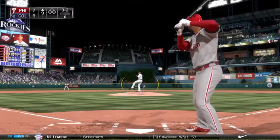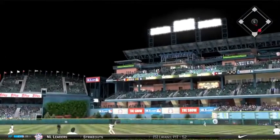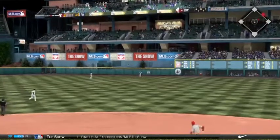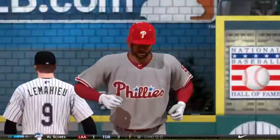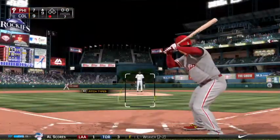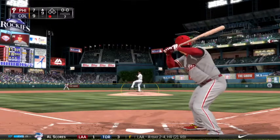The next 3-2. Swing, and he pulls the fastball high in the air toward deep right center. And not the start they were hoping for, as the leadoff man is kept off base to start the 9th. Deonder Navarro will stand in, needing to do something here to get on base as they're down to their final